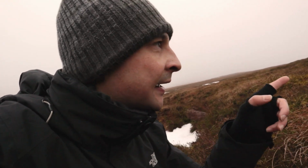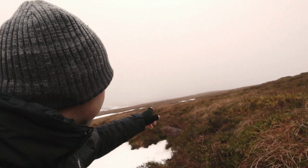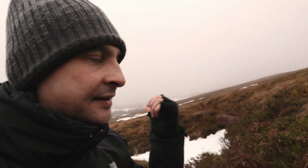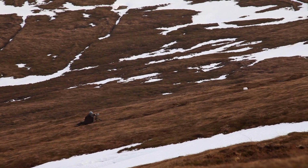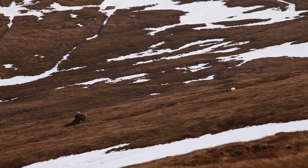But I'm just going to sit here for a bit and just watch. And like I say, there's no need to get any closer. I've got the hare here. I just saw another hare running up the hill. Hannah's further along, down behind me somewhere. We've also got black grouse moving about. So this is just